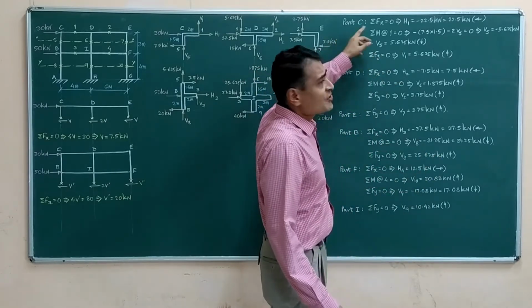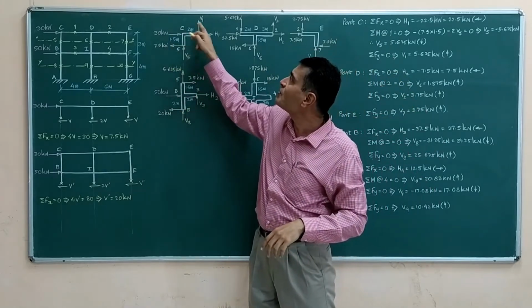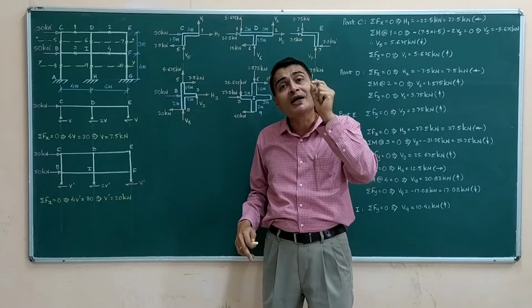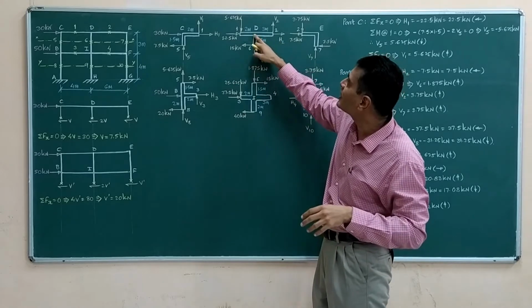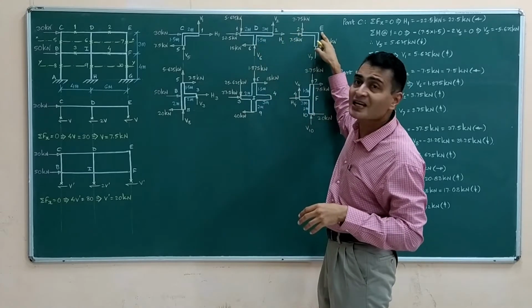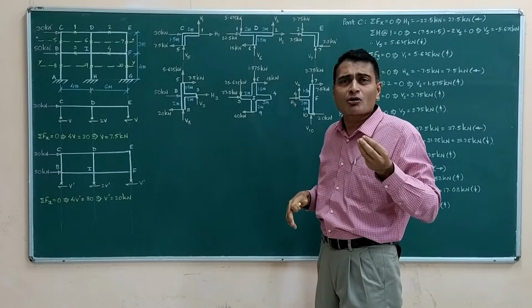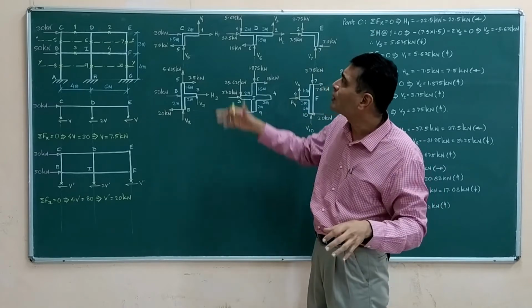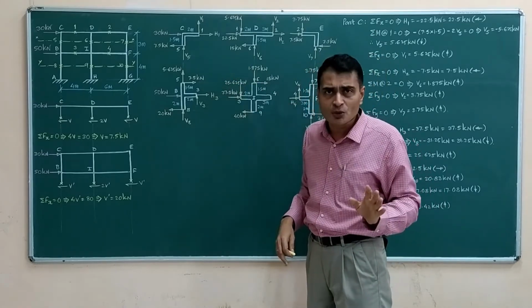I write here part C. Now when I say part C, actually I am going to say part 5C1. But I am naming these parts by the joint alphabets that we are using in each part. This I am calling as part D. This I am calling as part E, likewise. So these are all formal things, simple things. You need not worry about it. Call it part 5C1 or call it part C. That is up to you.